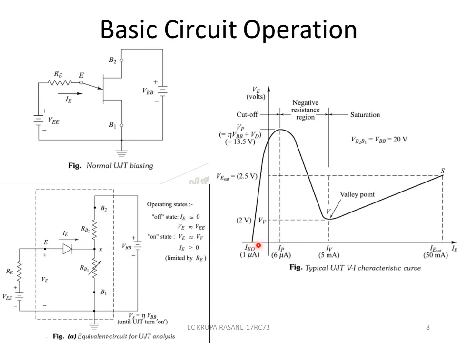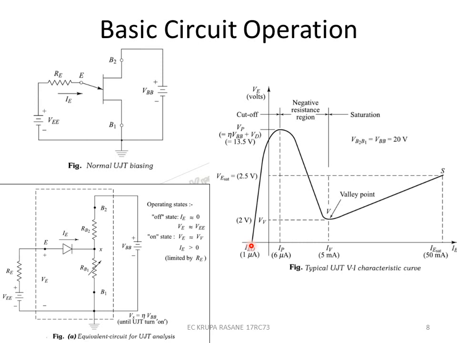Here we see that there is a leakage current, a negative current flowing through the diode, and that is because the voltage is very little or zero. This zero voltage makes the diode reverse biased, and hence there is a reverse leakage current flowing, represented by IEO with a negative value. Around 1 microampere flows through this reverse biased diode when the voltage applied is zero or very little.